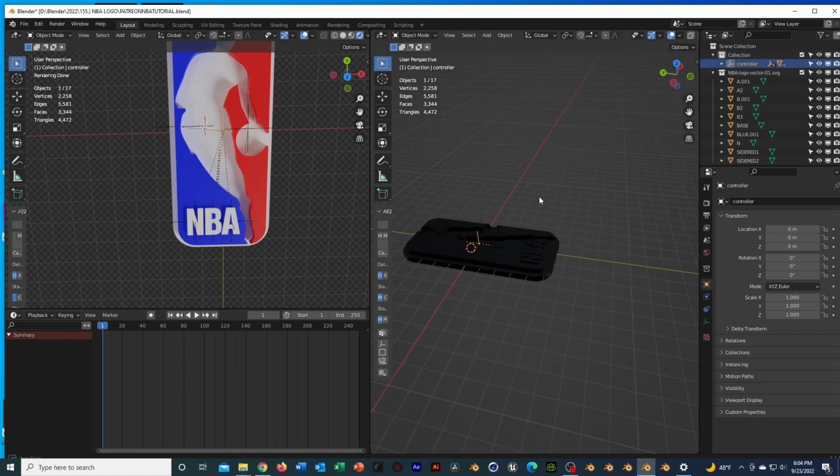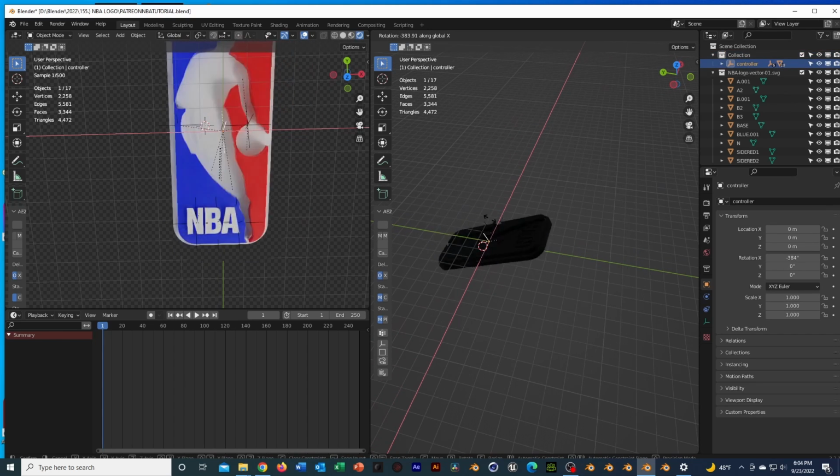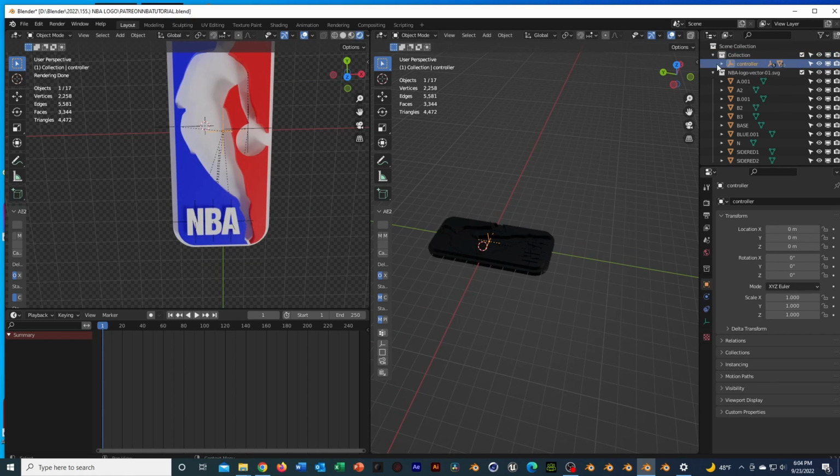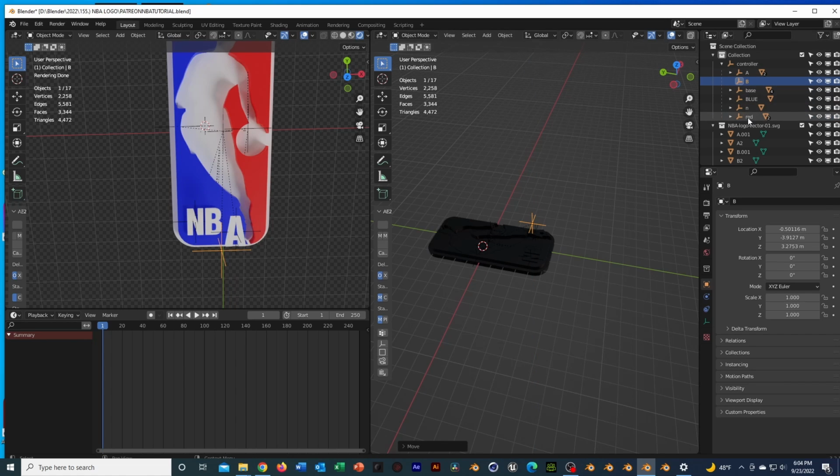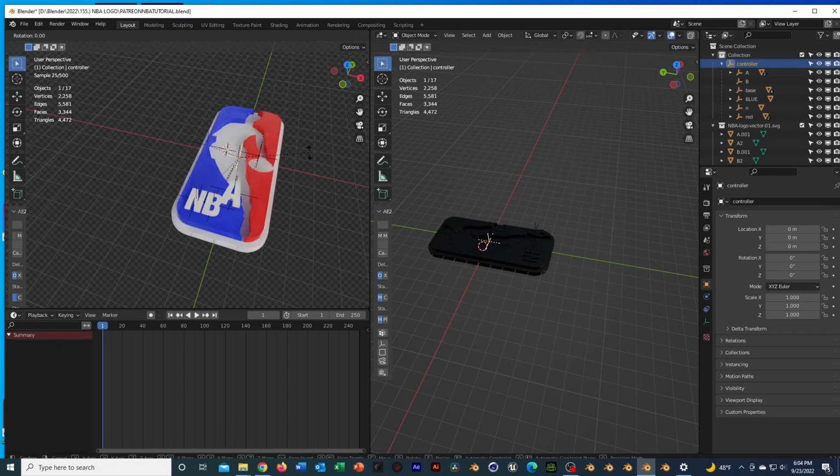So now if I move the controller, everything moves with it. But if I wanted to move the individual object, I can, and it's still attached to the controller. So like, say we take, come back, just take each one. Oh yeah, I didn't parent it, it's fine. But now if I wanted to take this and rotate it,